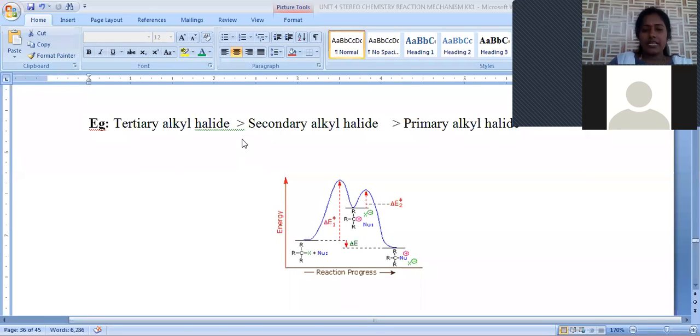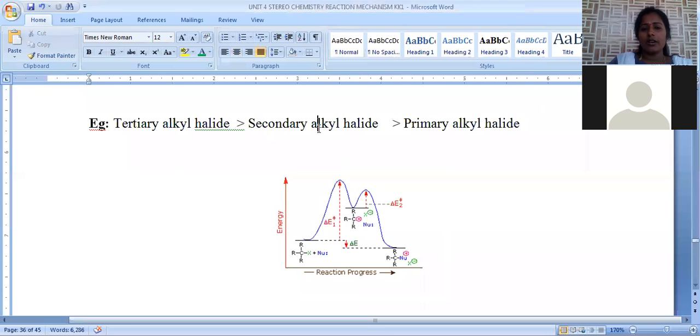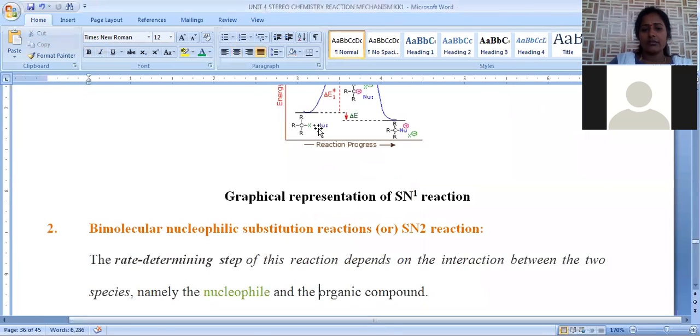So the SN1 reaction is completed. SN1 reaction is nothing but unimolecular nucleophilic substitution. Unimolecular nucleophilic substitution is nothing but if the rate of the reaction is influenced by only one reactant, that is called unimolecular. Nucleophilic substitution, in the sense, replacement of one nucleophile with another nucleophile, is called a nucleophilic substitution. Okay, so tertiary alkyl halides are most preferable for SN1 type of reactions.